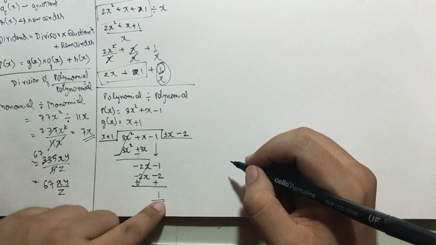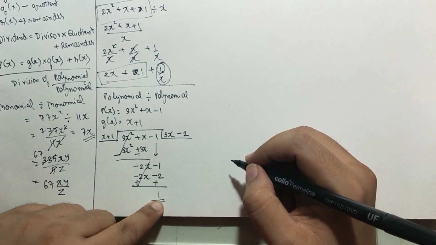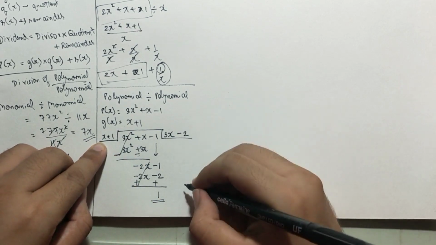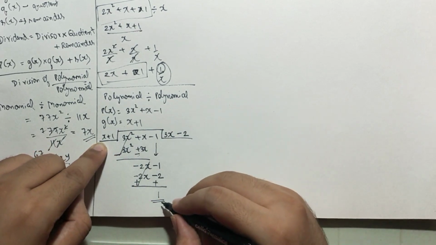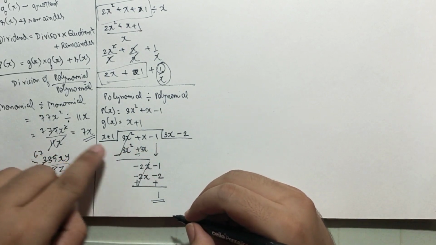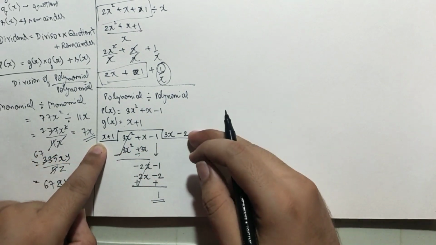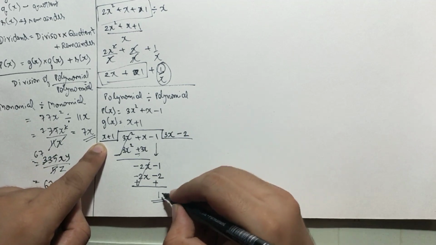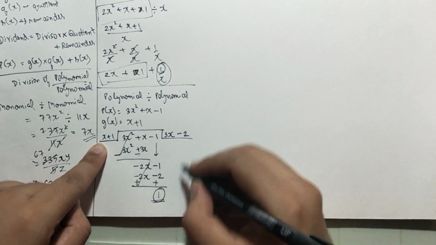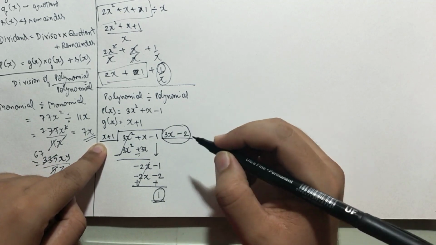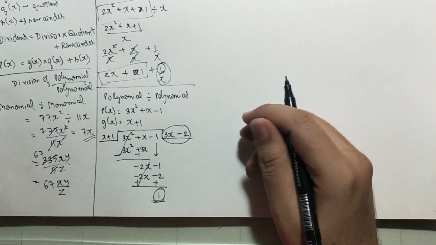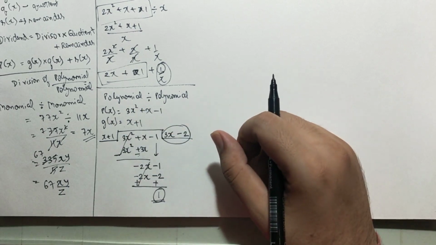Now, as we can see, there is no x term left over here, so we cannot divide now. You cannot multiply x with any number to make it 1. There should be at least one x over here so that you can multiply it, because x multiplied by any number cannot give 1. Okay, so this is the final answer. This 1 is your remainder. This 3x minus 2 is your quotient. If you understood, then it's okay. If not, then go back to this video and understand how to divide them.